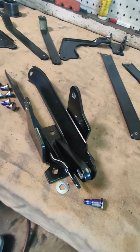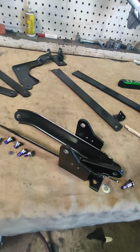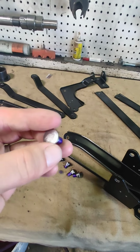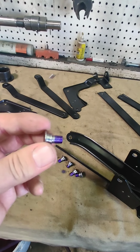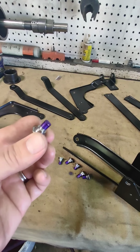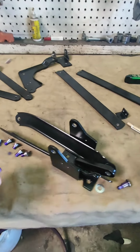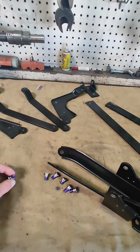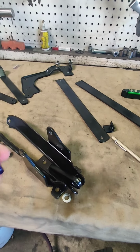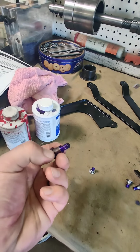So we took it apart and we sandblasted it and then also had this powder coated. Now, the problem is you've got these little bolts, or pins, that you have to make custom to put in there, and then they're swedged on. If you're not familiar with swedging, basically it's hammered on. So what we did, we took and made some of these out of raw steel,